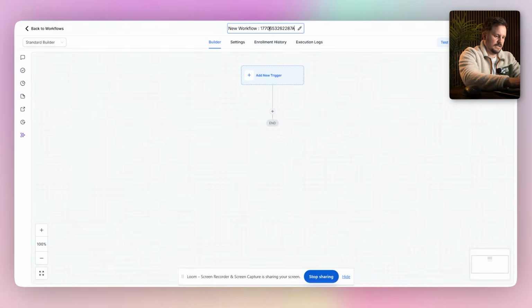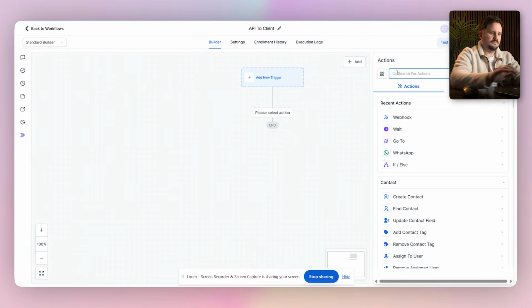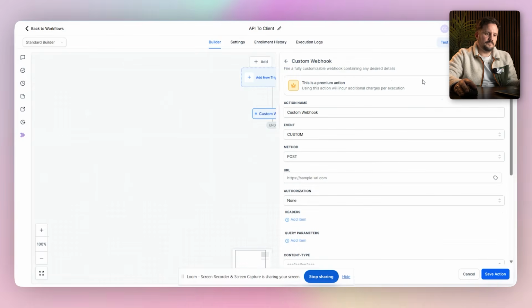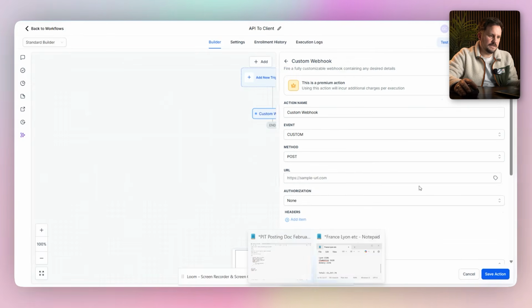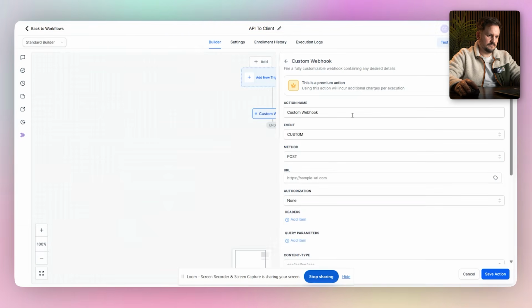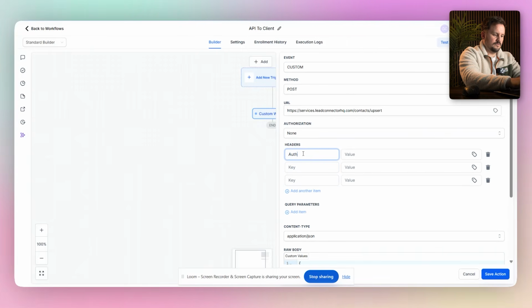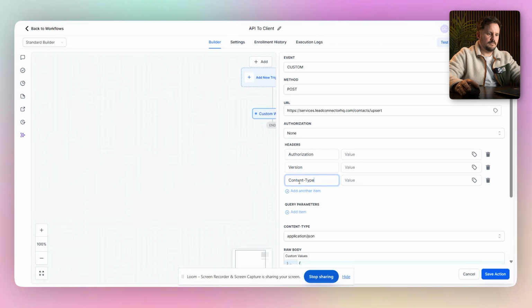And let's call it API to client. No trigger, let's just do custom webhook. And now we want to go and get our stuff in again. So it will be this posting URL. And we'll have to add in headers. So we've got authorization, version, and content type,